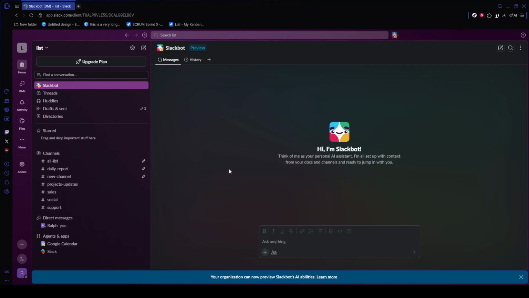In today's video, I'm going to teach you how to add an incoming webhook URL on Slack. Incoming webhooks are one of the simplest ways to send automated messages from an external app or script directly into a Slack channel. They're useful for things like alerts, notifications, status updates, and other automated outputs. In this walkthrough, we'll go from creating the app all the way to testing the webhook to make sure it